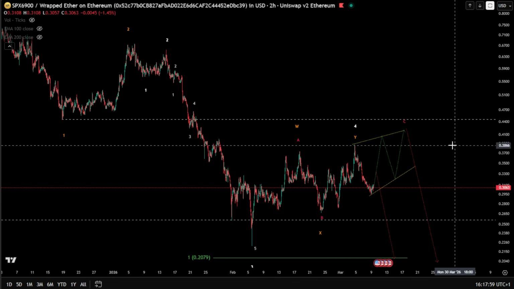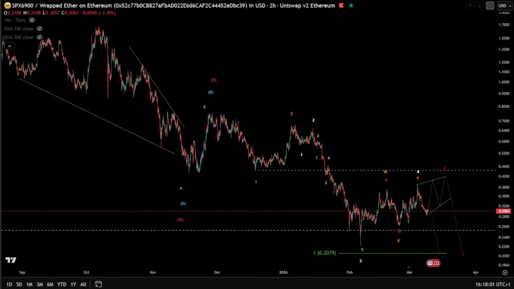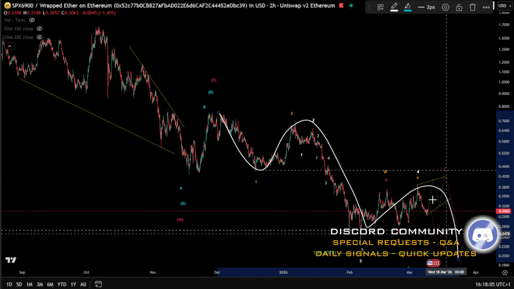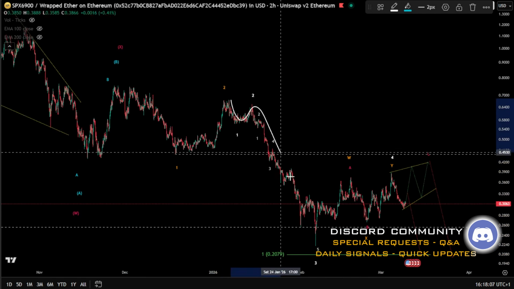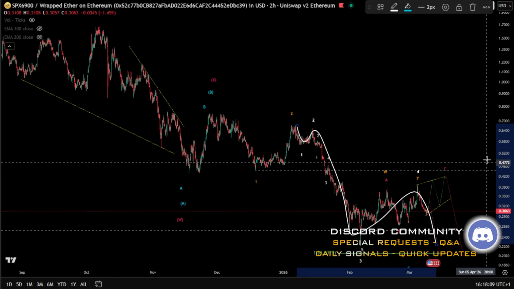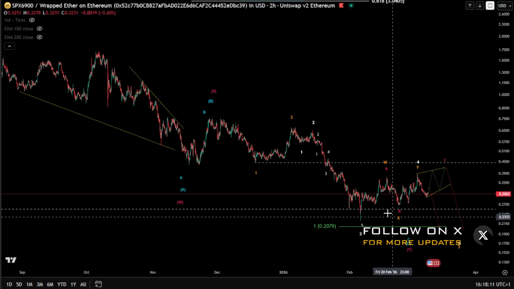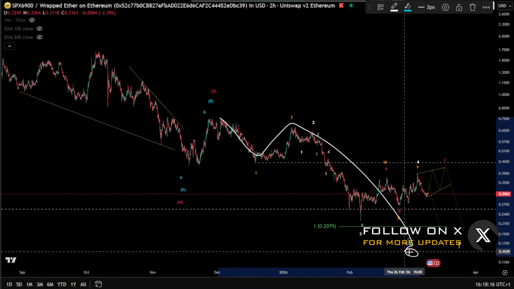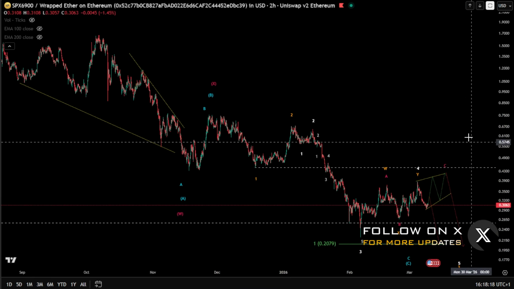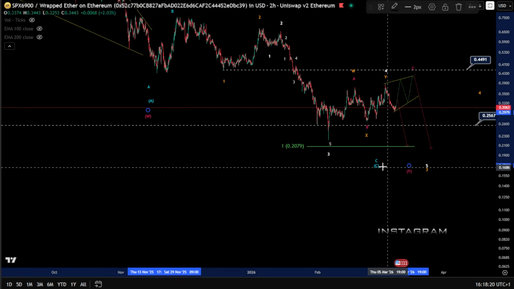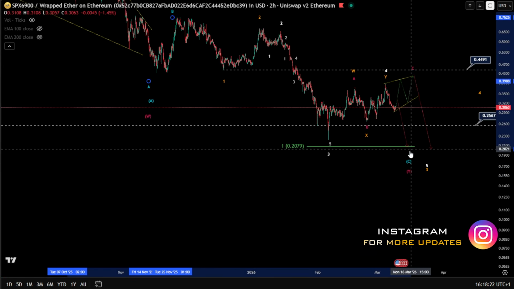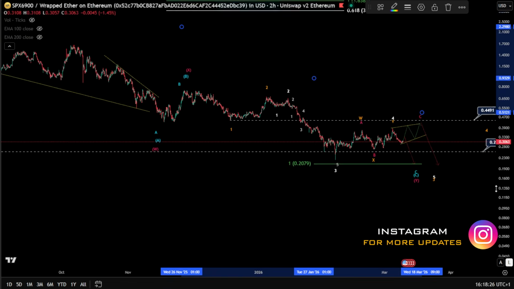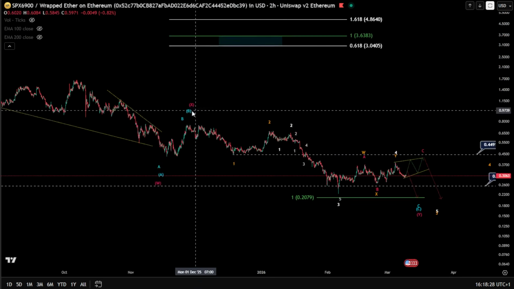2 hours chart here. So after this correction, as you can see, we might be in a 1, 2, 3, 4, and a 5. Currently, we are in a 1, 2, 3, 4, and a 5. That means, of course, this impulse is not yet done, and it can be our wave Y, A, B, and a C. Don't forget the wave Y. Also can be a very likely possibility here that it might unfold something towards the upside after hitting the 1-to-1 here, taken, of course, from the wave 1 there.